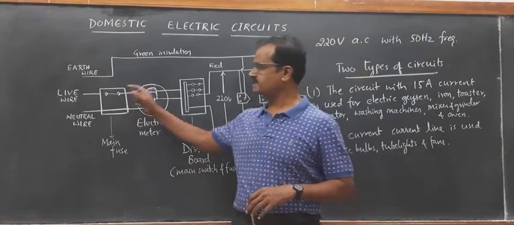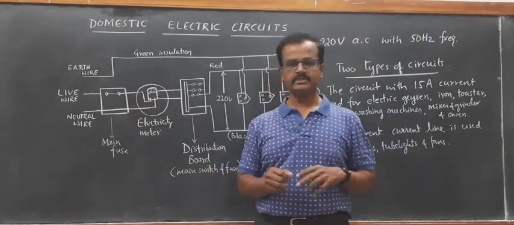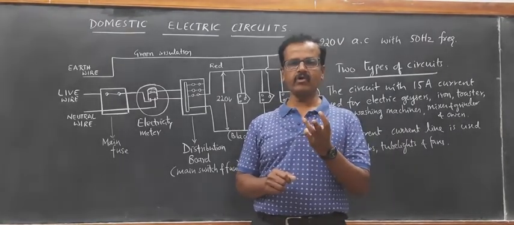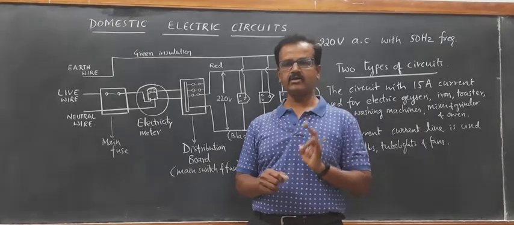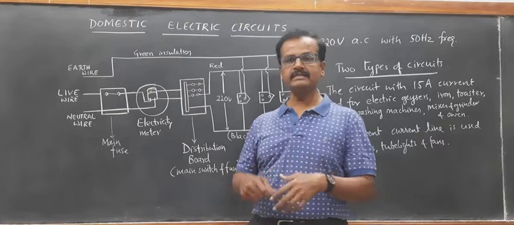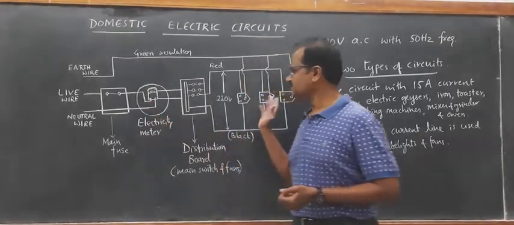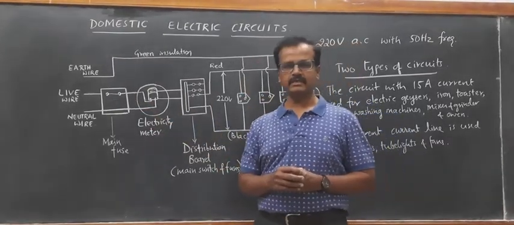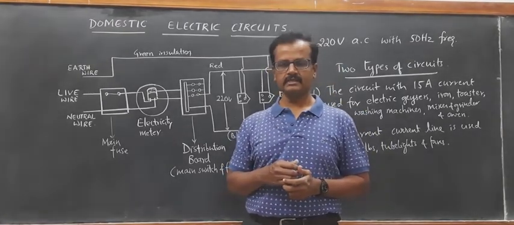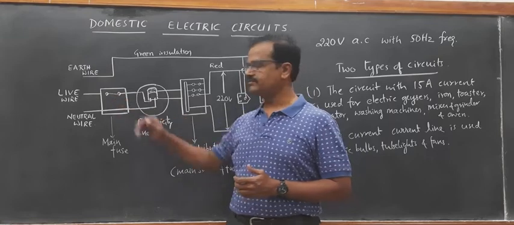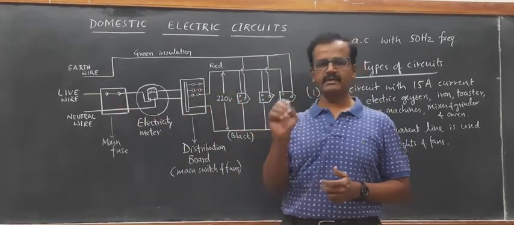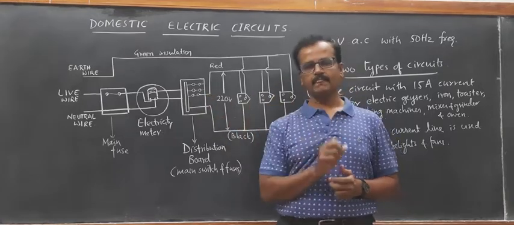Electric fuse is again a safety device which has an alloy, lead and tin alloy with zinc, having a low melting point. When there is an overloading of electric current in the circuitry, when a high amount of current is drawn from the circuit, what happens? Every appliance is provided with an electric fuse in the board.